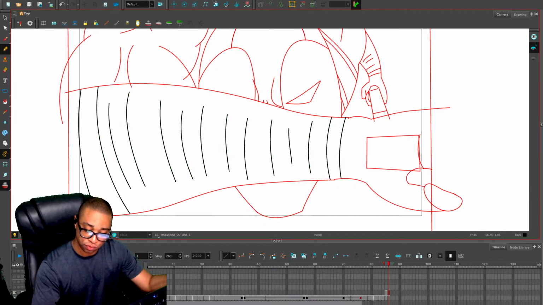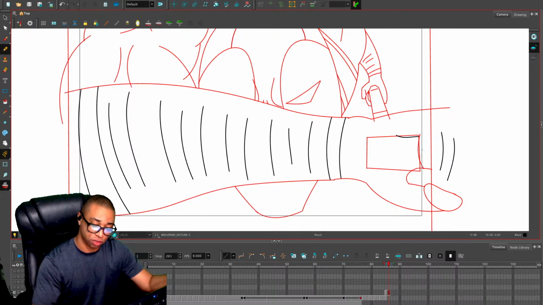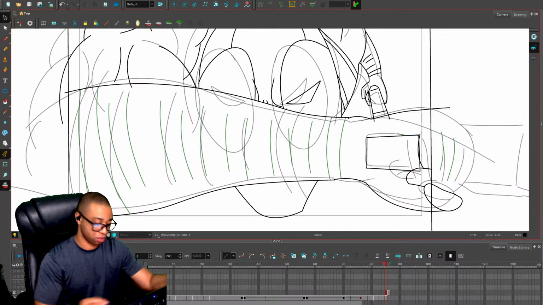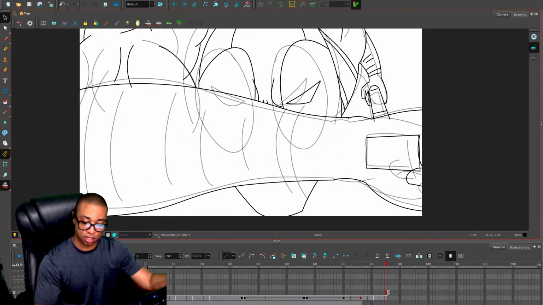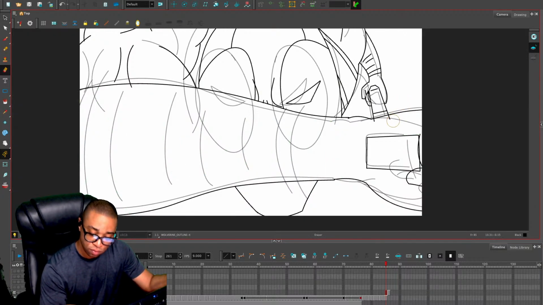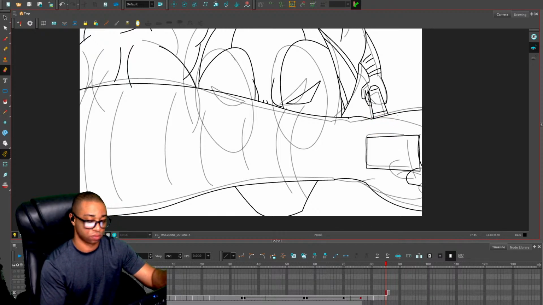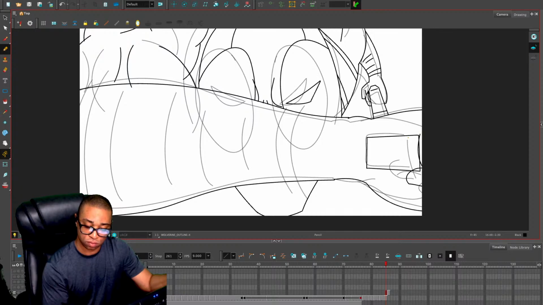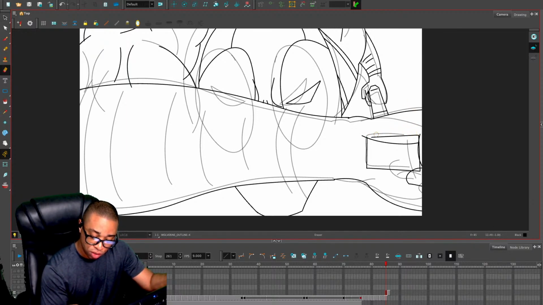Man, yeah, I need to go to a different frame because I can't see what I'm doing. But once you get to this part, though, it's probably not even necessary because it's going to be cut off like that. Like that, and then just a little bit more.